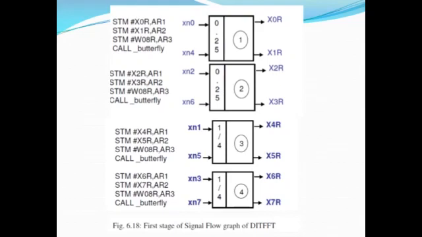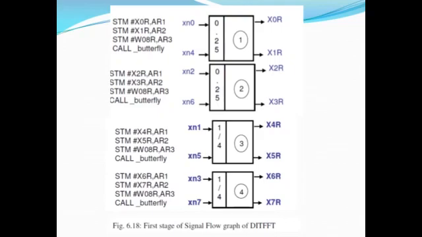Then x1 and x5 are the inputs. So 1 by 4 is the scaling factor, producing x4R and x5R as the output. So this is the third symbolic representation of the first stage butterfly diagram. And x3 and x7 are 2 inputs of this symbolic representation of the diagram, with 1 by 4 as the scaling factor, producing x6R and x7R as the output. So these are the lines of code we prefer to write for this symbolic part of the first stage.